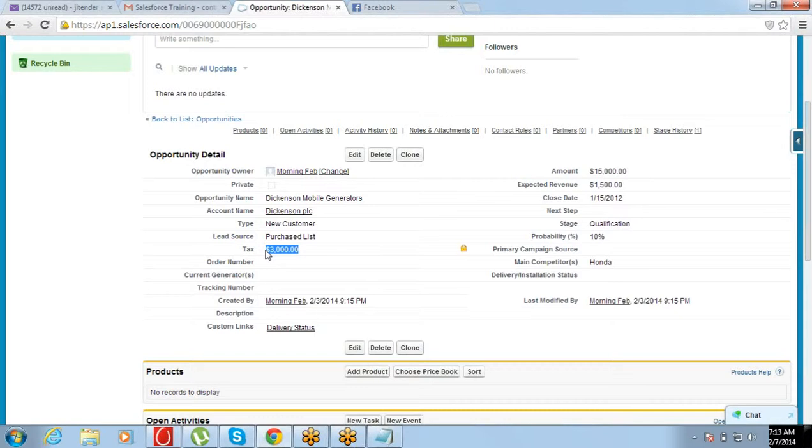Let me give you an example. There's a client who has a lot of accounts. They have 10,000 accounts, and out of those, they have the capacity of calling only 2,000 or 2,500. The sales team they have can only call 2,000 or 2,500, but the accounts they have listed is 10,000.